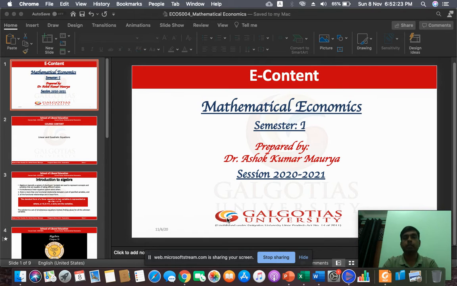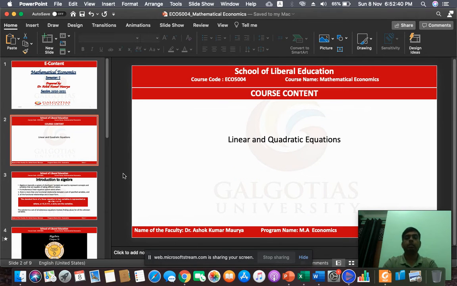So linear and quadratic equations are actually a basic part of mathematical economics, and I am going to cover this topic under the first unit. Today's topic is linear and quadratic equations. It is a very basic concept of mathematics, and here we explain some economic concepts which are covered under these equations. In this lecture we will try to understand what a linear equation is